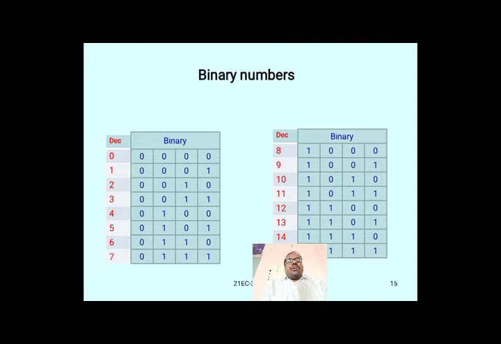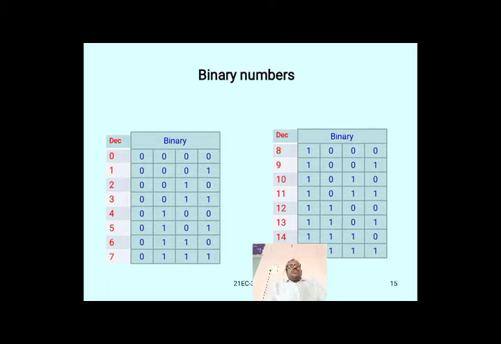Now I am taking a 4-bit code here. That code is developed with the help of the positional weights only. The least significant bit is the starting point and the most significant bit is the ending point. The least significant bit has positional value 0, next to that 1, next to that 2, next to that 3.